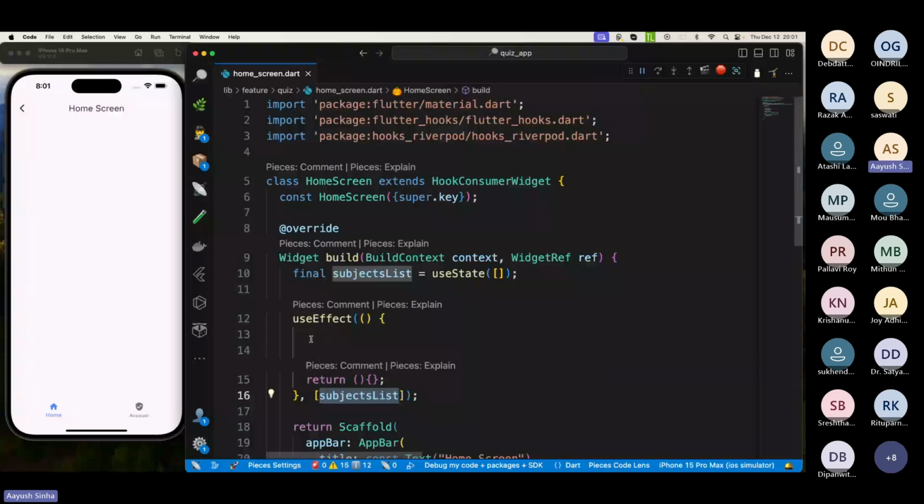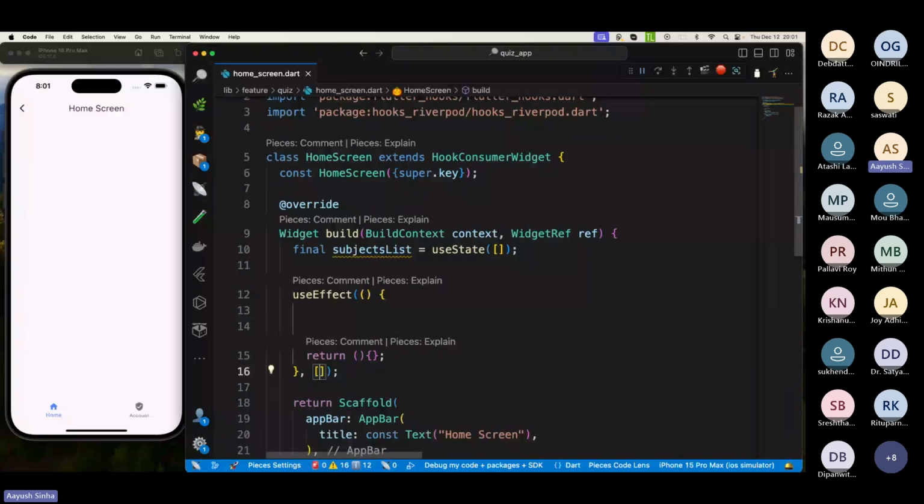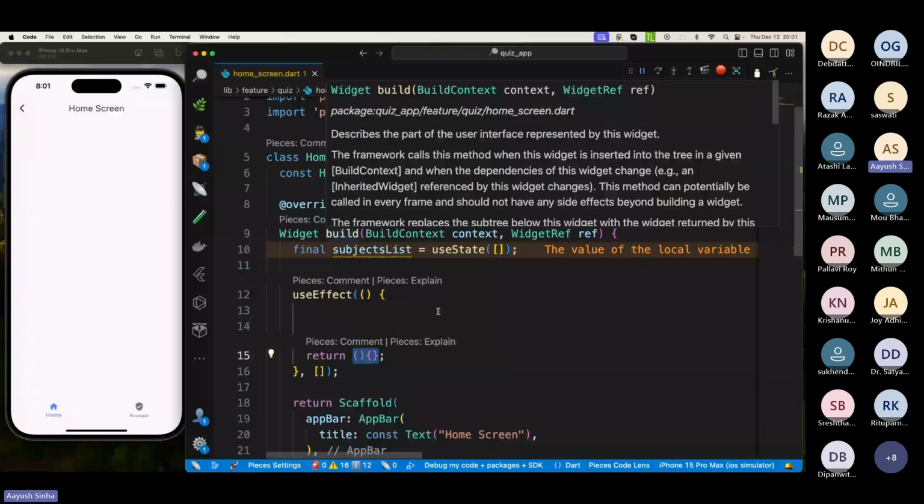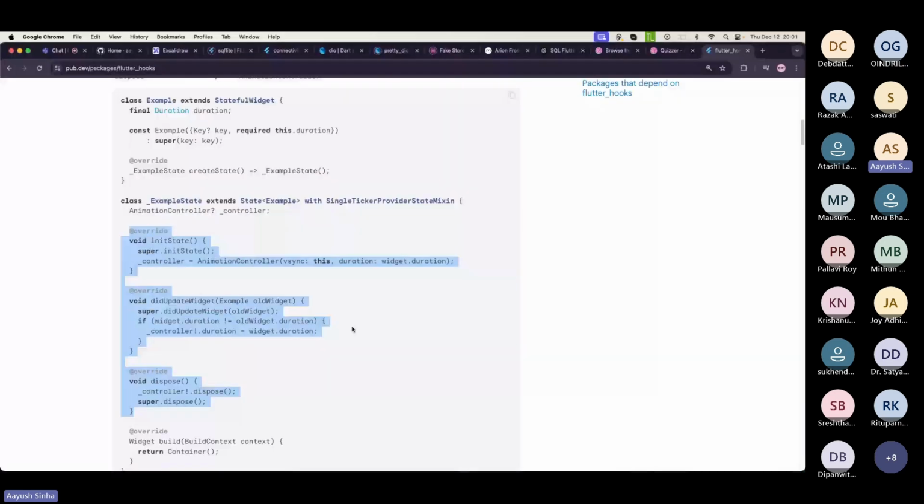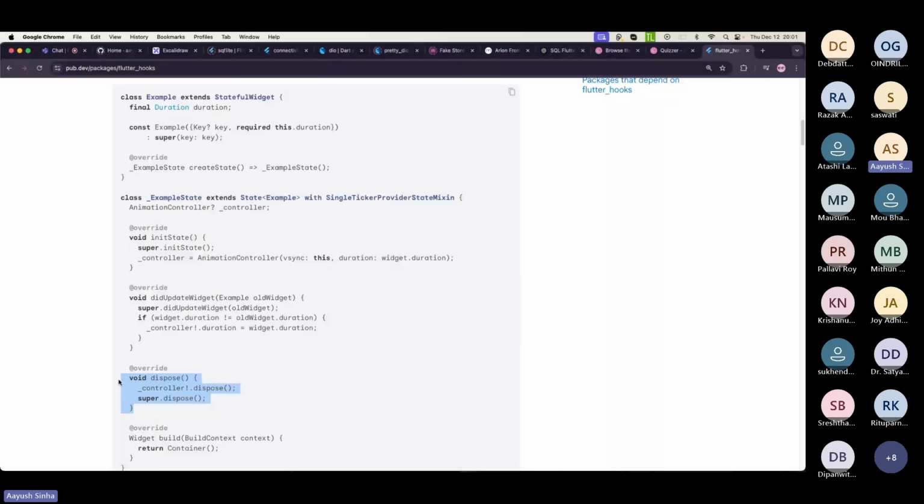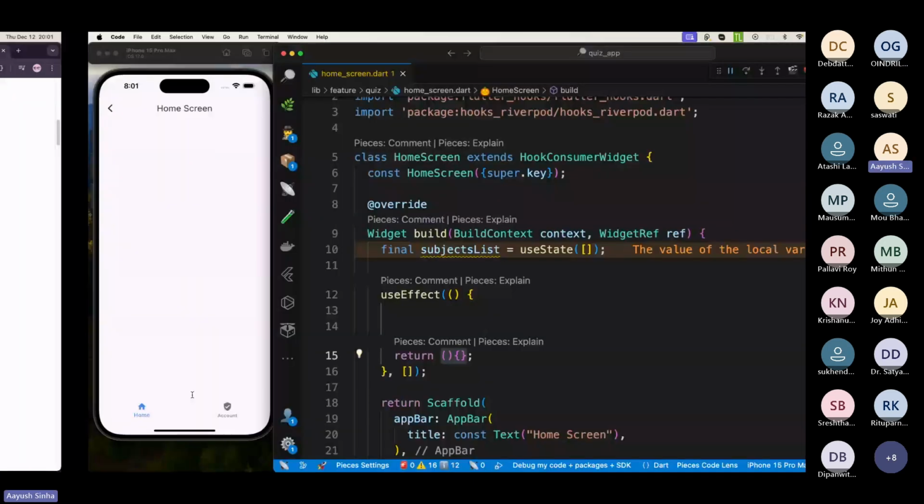If we don't pass anything here, this will run only for the first time when the build method is called, and this function gets called when the build method is disposed, like when this widget is disposed. This is the replacement for the dispose method. Here we had the dispose method. So now